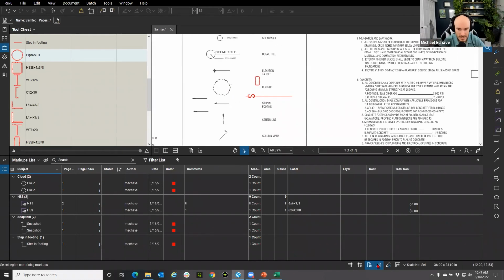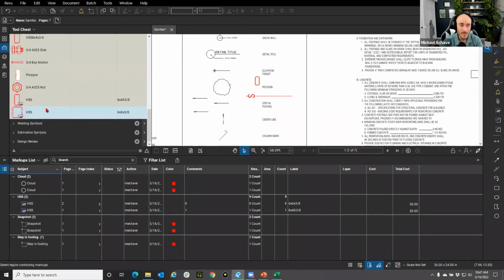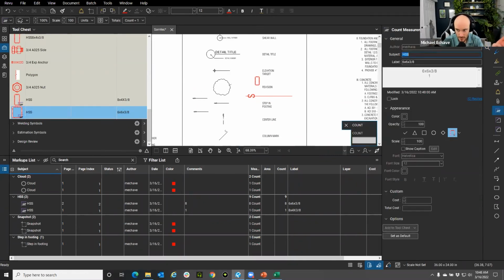Alrighty, so going back into here, you can assign now a cost value to it. Also from here in the markups list, if you select your custom markup, before you place it, you can go to the gear symbol, scroll down to the bottom, you'll see custom. This is where you can pre-add a value to it. So if I type in, I don't know, we're just gonna say $20. But if I hit enter, now whenever I place this one, it will have a cost value